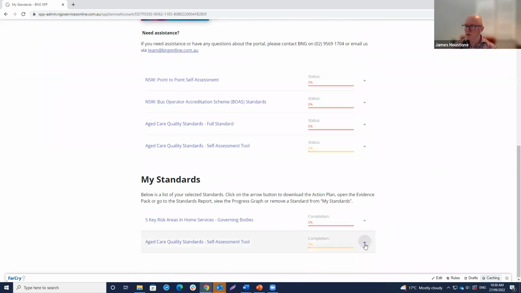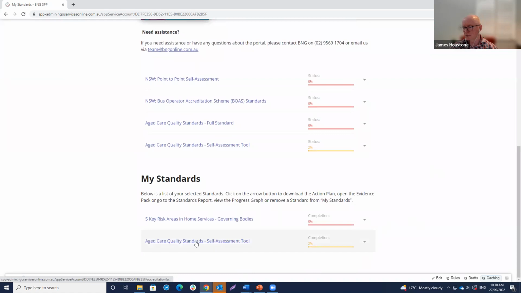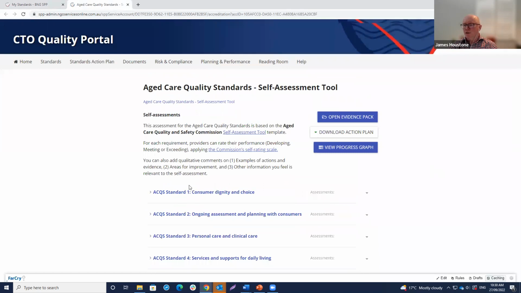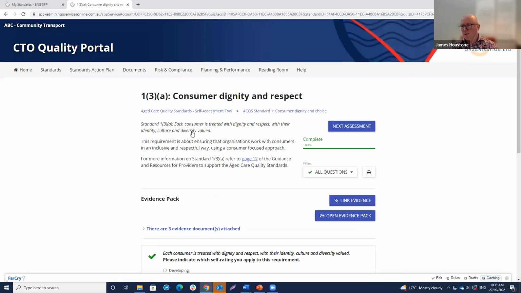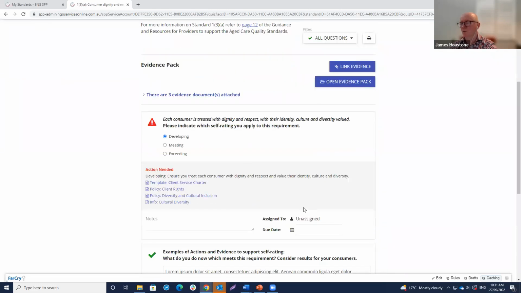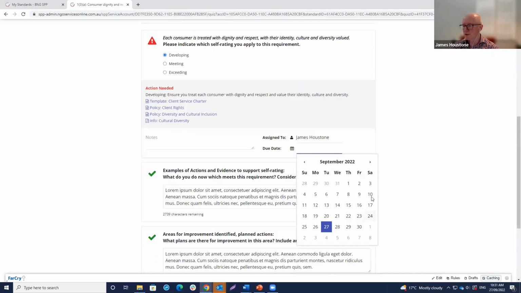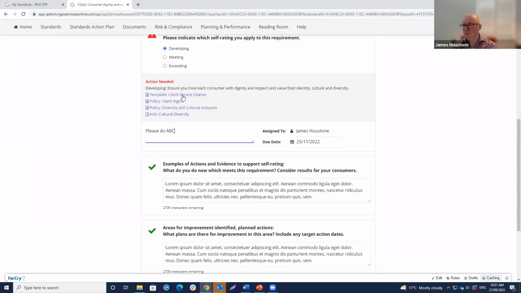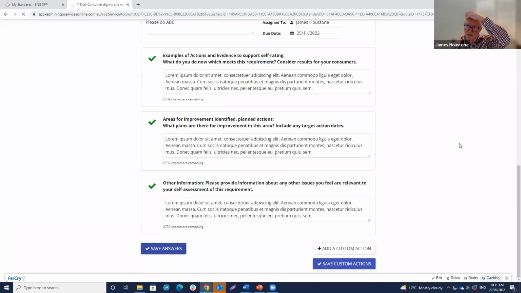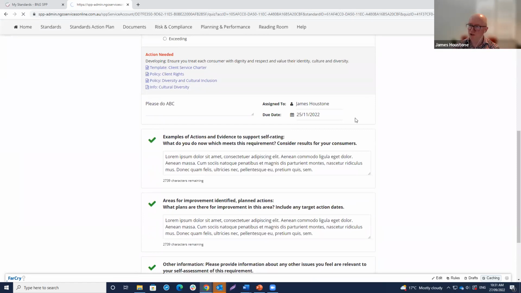If we come back into the Commission self-assessment tool, again for the benefit of those that are not familiar, say we're developing and we assign a task to James with a due date and say, please do ABC. So here we've assigned an actionable item to James. We want him to do this. Save our answers. James would receive his automatic email notification.